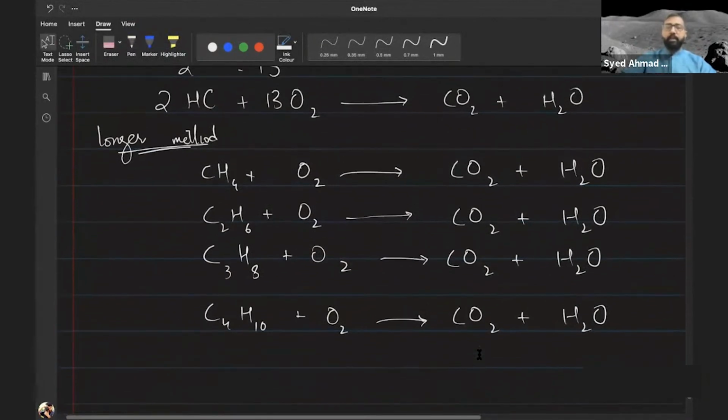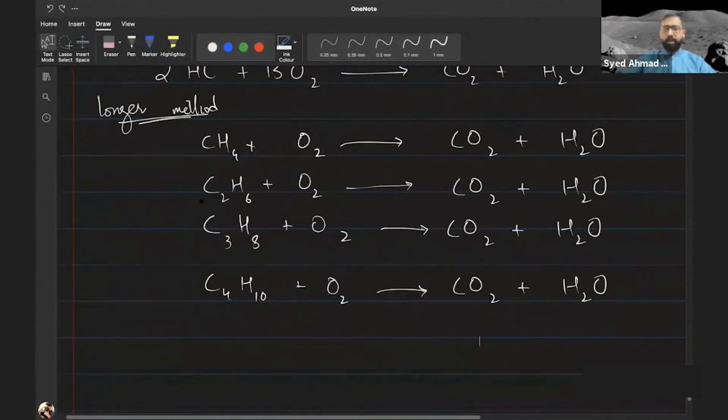मुझे ये पता है कि दो हाइड्रोकार्बन को 13 चाहिए। But let me see मेरी equations क्या कहती हैं। How do I balance these equations? So I have one carbon, so I will get one carbon dioxide। 2 carbons, 2 carbon dioxide। ठीक है, जितने कार्बन है उतनी कार्बन डाइऑक्साइड बननी है। तो 1 कार्बन से 1, 2 से 2, 3 से 3, 4 से 4।